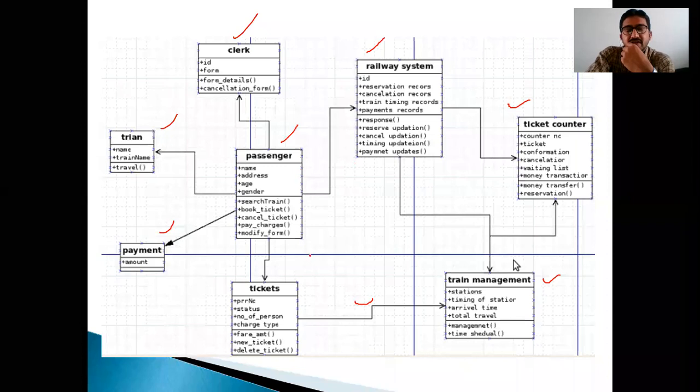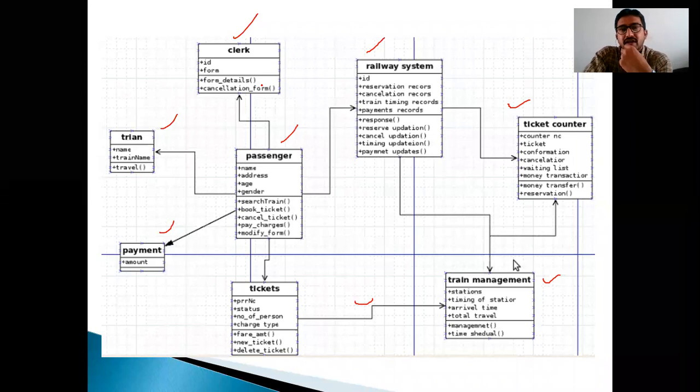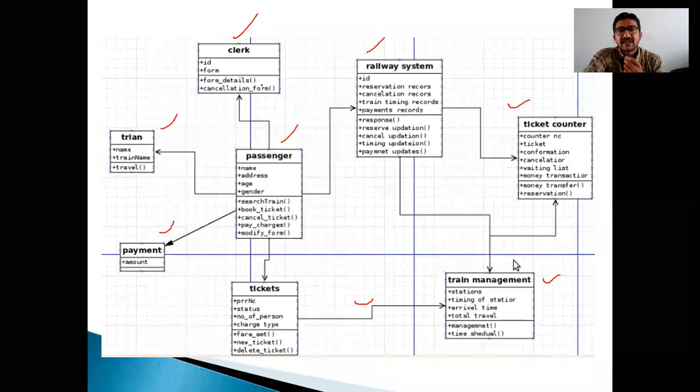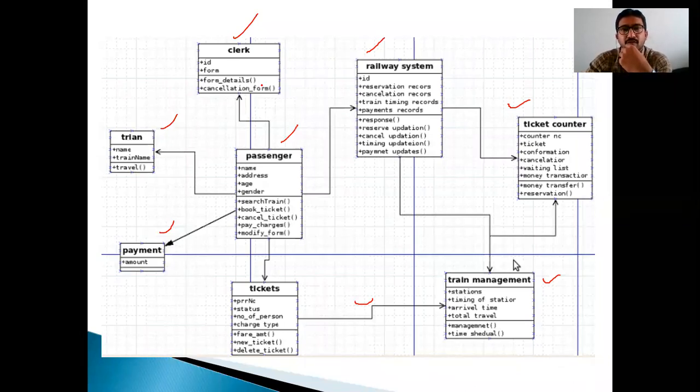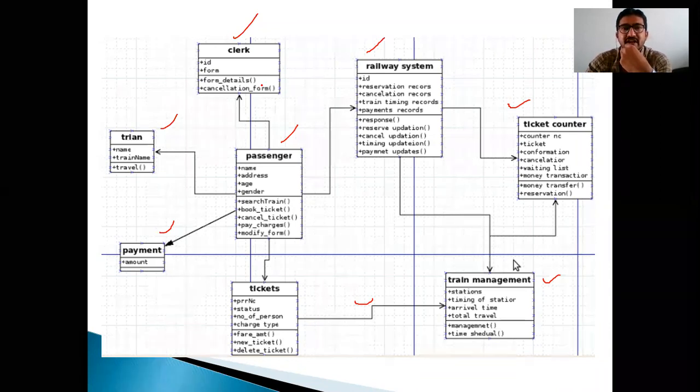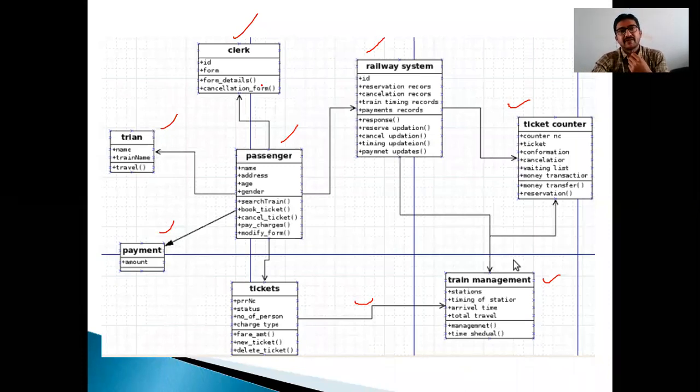See how you are going to connect them to each other. Whether the diagram is valid or not, it will tell you if you follow the rules. Because for this class diagram, there is an option in Visual Paradigm. We can generate the skeleton code in Java, C Sharp, or C++. In whichever language you'd like, you can convert that skeleton of the figure. This diagram can be converted into code, the entire code in the form of skeleton or prototype code, once you convert it. That option is also there.